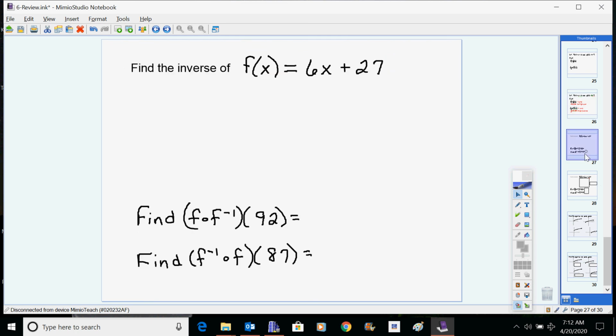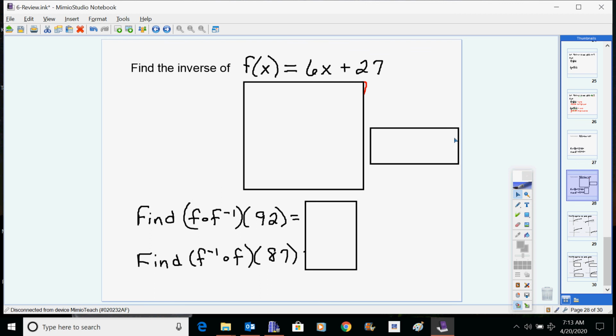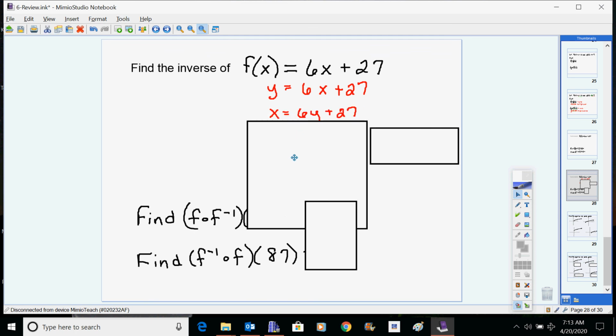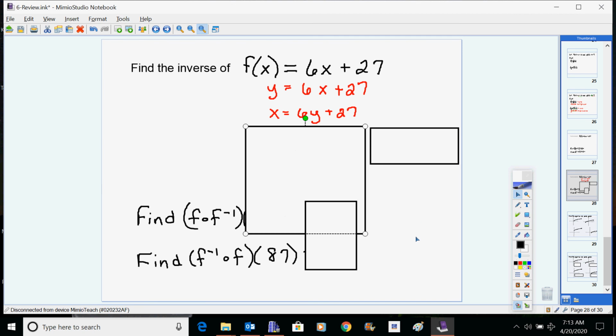All right, then we get to inverses. Now inverses, this is your y, this is your x. So we start off by writing it in terms of y and x. Then, in order to do the inverse, switch the x and y. Some of you in your quiz did not switch the x and y. Some of you left it and then solved for x. But what we need to do is switch the x and y, then solve for y,